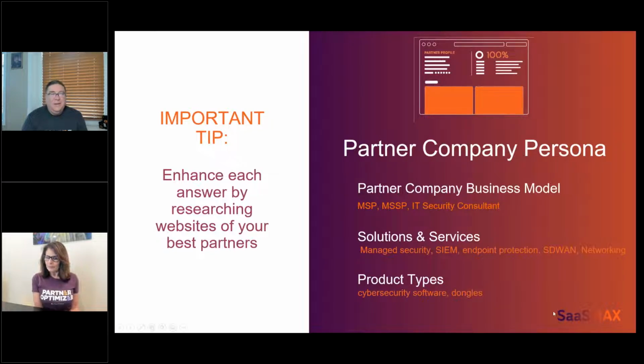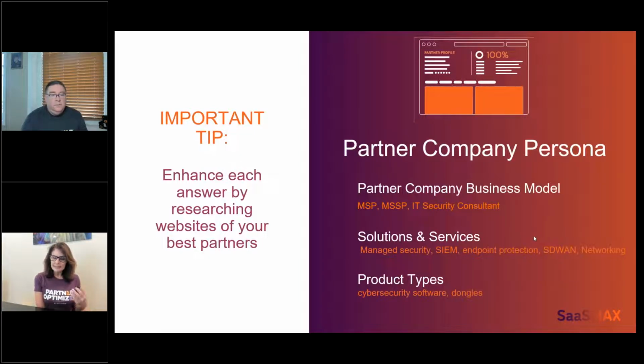But we want you to basically go and validate your hypothesis of everything that you're putting down in your forms by looking at the websites of your most active partners to learn what they're talking about, to learn, are they calling themselves an MSP or an IT security consultant or anything else? What solutions and services are they featuring? You probably never had time to think about their true full tech stack before and their true expertise, because we typically get stuck thinking only about ours as opposed to all the other things that they should be doing at the same time.